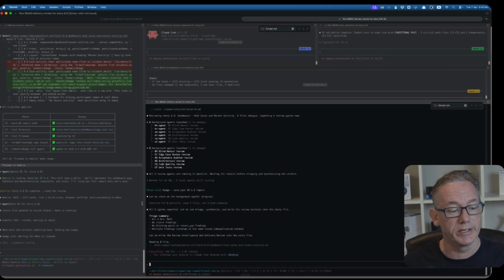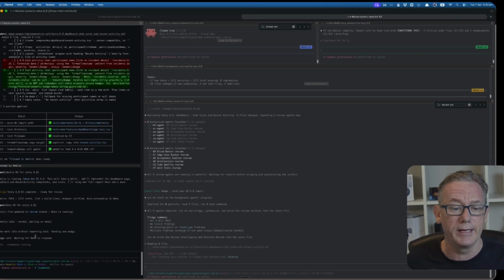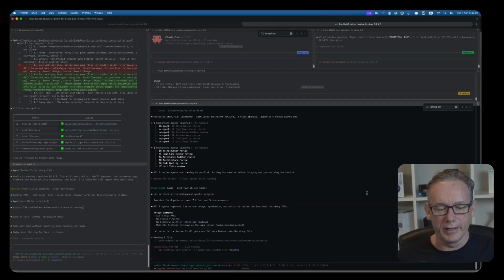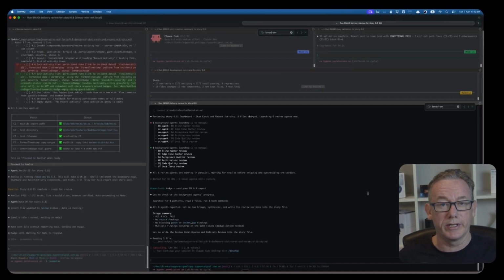At the moment, we've got a triage summary coming through. So hopefully we're going to see a response from Nate. Nate is happy with everything. One of the interesting ones is that we've got a deduplication needed. So there's either going to be a learning or a new maintenance story that we need to develop. And it looks like we've just got a pass from Nate coming through. So the orchestrator is now analyzing what's coming back and automatically kicking off Taylor, which is a little bit of